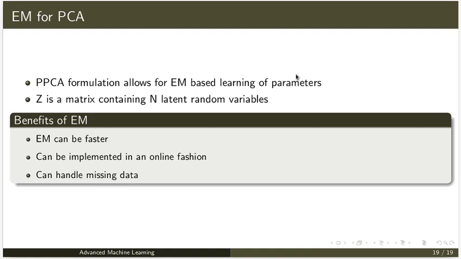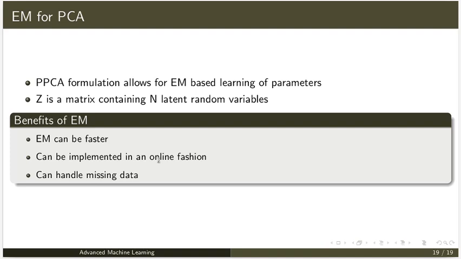The benefit of using EM instead of our previous method, eigenvalue and eigenvector decomposition, is that EM can be faster and can be implemented in an online fashion.